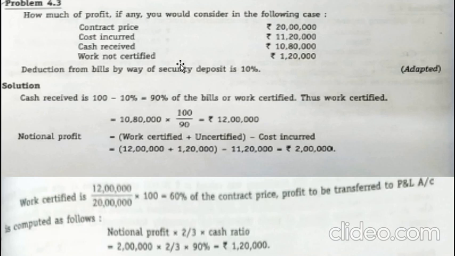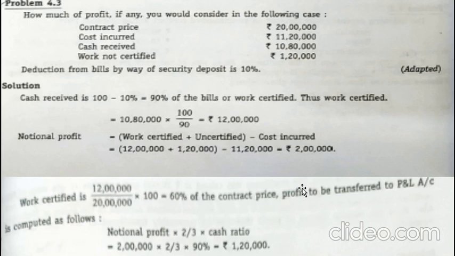So now we will calculate the percentage of work completed. The formula is work certified divided by contract price. Work certified in the question is 12 lakh. So 12 lakh divided by contract price, which is 20 lakh as per the question, into 100 gives you 60% of the contract price. So when it is 60% of the contract price,